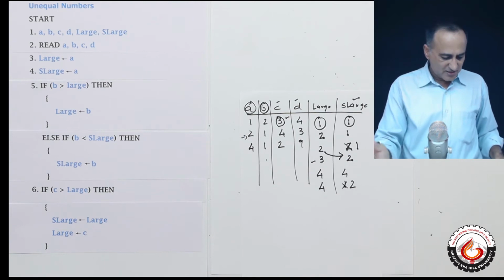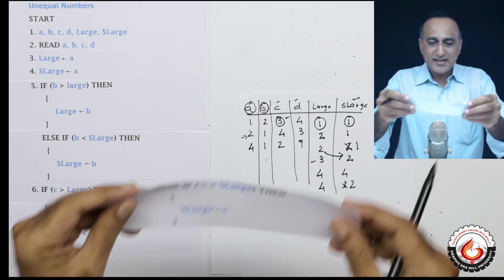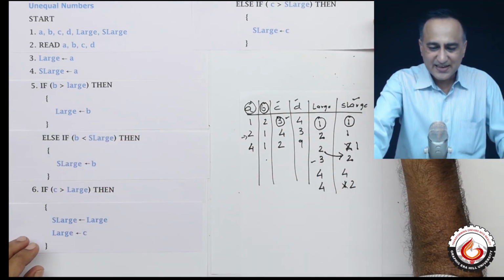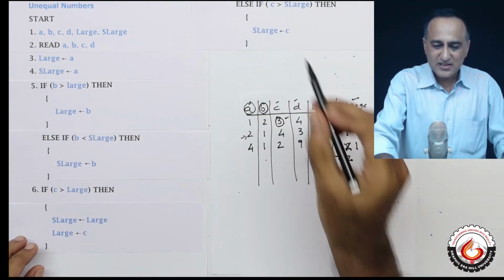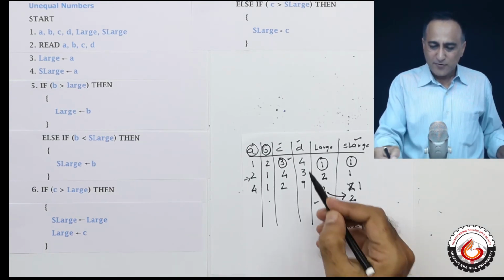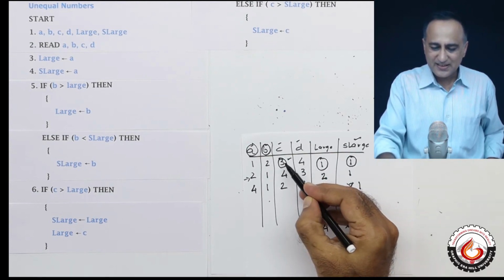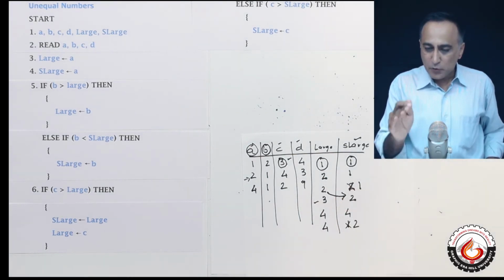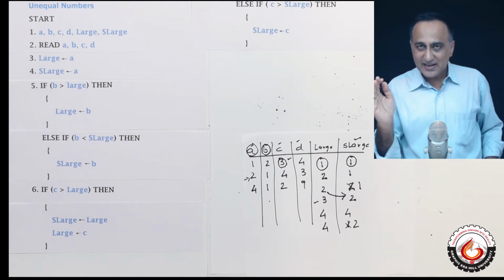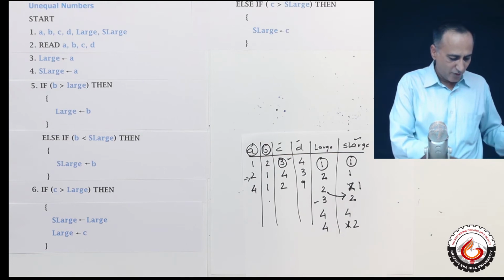So in such a case, what I am going to do is use the else condition. So else if C is greater than second large, then only second large is replaced with the value of C. Alright. Now for D again I need to do the same process. D can be greater than the large. In that case I am going to make large the second large, and my new value of large is going to be the current value of D, or the new value of D.